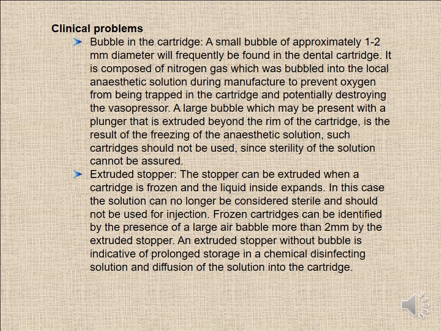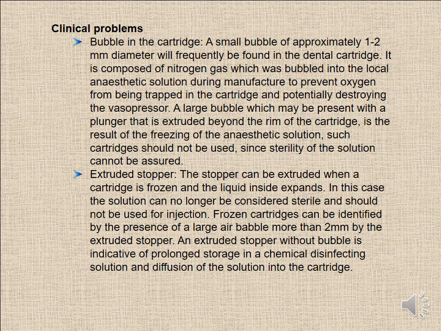Second problem, extruded stopper. The stopper can be extruded when a cartridge is frozen and the liquid inside expands. In this case, the solution can no longer be considered sterile and should not be used for injection. A frozen cartridge can be identified by the presence of a large air bubble more than 2 mm and the extruded stopper. An extruded stopper without a bubble is indicative of prolonged storage in chemical disinfectant solution and diffusion of the solution into the